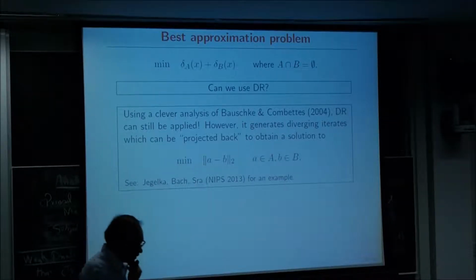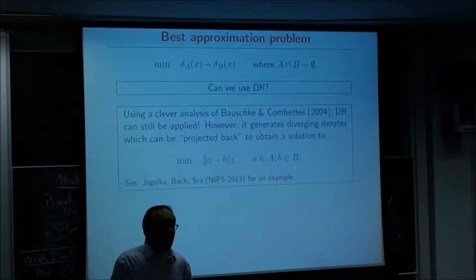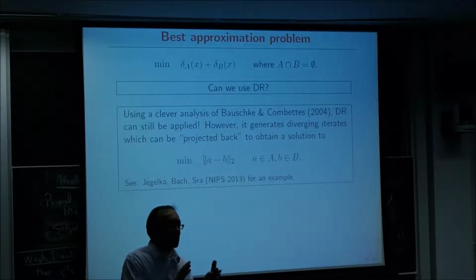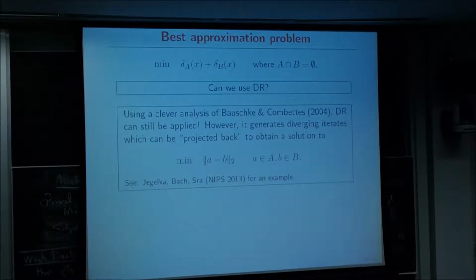I don't have a picture for that. Stephanie has a picture for that. You can apply Douglas-Rachford. It will generate diverging iterates, but from those diverging iterates you can pull out a shadow sequence that converges. What does it converge to? Well, it converges to exactly what you would desire it to converge to. So you have a convex set A, convex set B, they don't intersect, and if you run Douglas-Rachford with the Bauschke-Combettes magic of extracting shadow sequences, which is fairly easy,